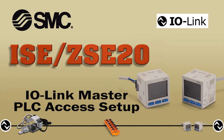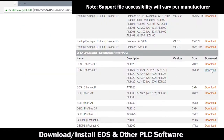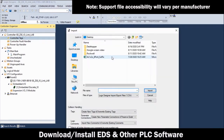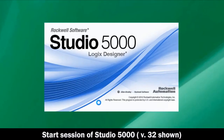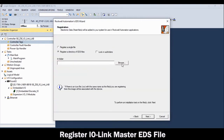Now, let's set up the IO-Link master for the PLC. Download the EDS file from the IO-Link master manufacturer. Also, download all necessary files for PLC access support. Now, with the IO-Link network running, start a session of Studio 5000. Then, select and add the IO-Link master EDS file